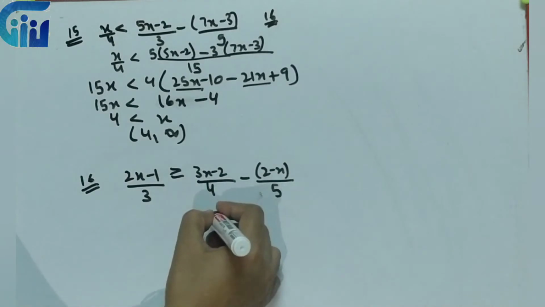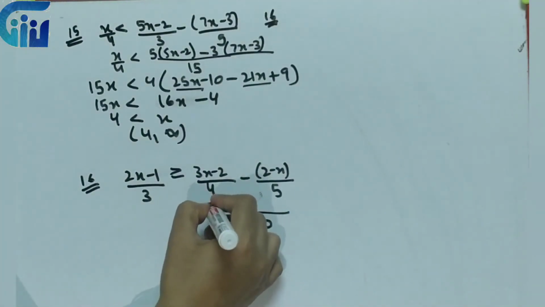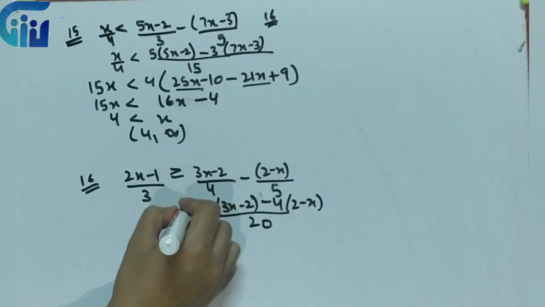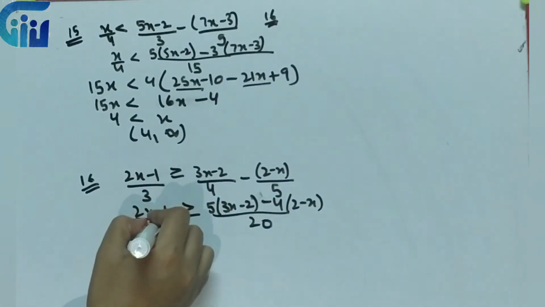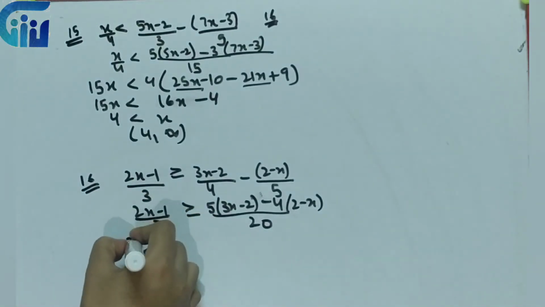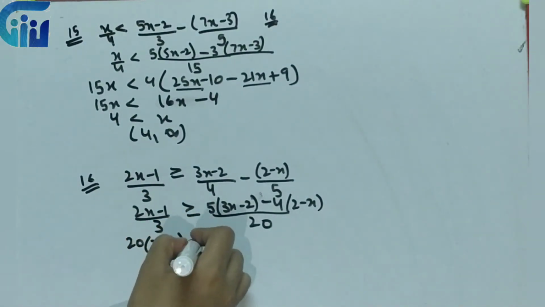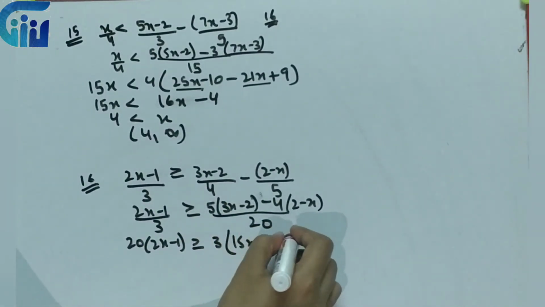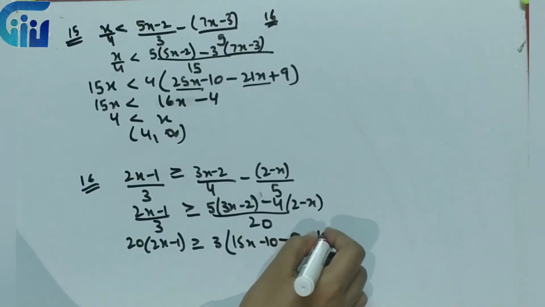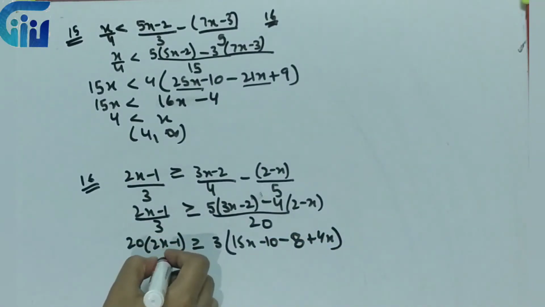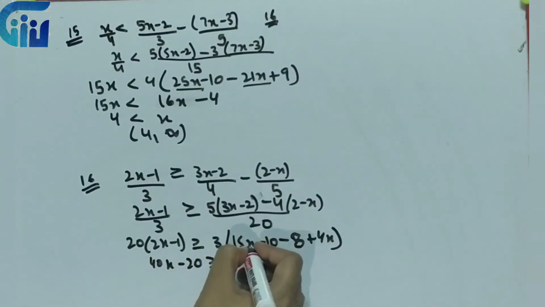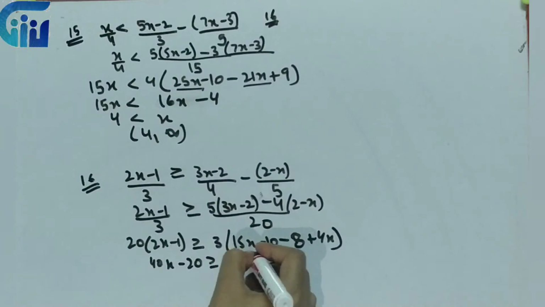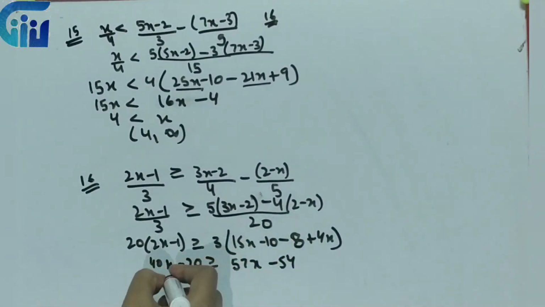Now what it says, again we will take the LCM over here. So 5(3x minus 2) minus 4(2 minus x) greater than or equal to (2x minus 1) upon 3. Let's cross multiply and solve it simultaneously. Let's do it together. So it is 15x minus 10 minus 8 plus 4x. So it will be 40x minus 20. 15 plus 4 is 19. Through 3 is 57x. 18 into 3 is 54. So this will be